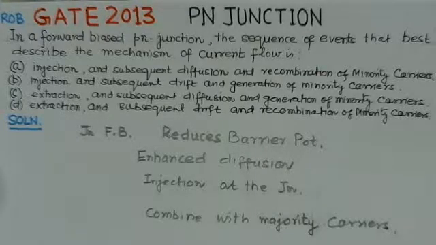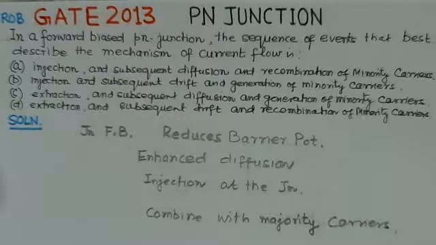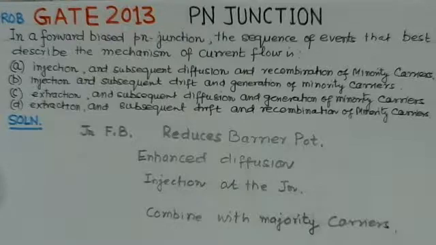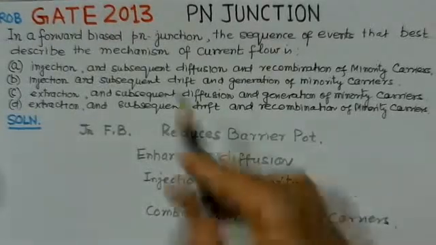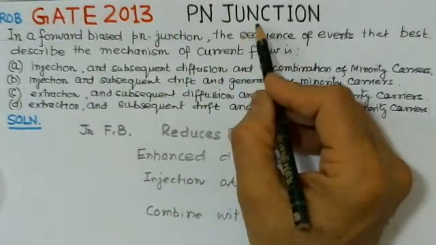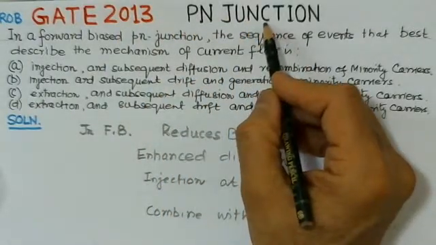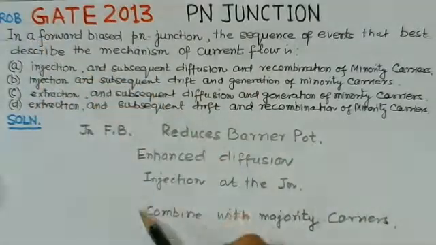Some problems are very simple, where you can just tick them off in a very short duration, and there are many problems which involve detailed mathematical calculations, so that you can save time for those problems. Okay, so now we start with the first problem here. That is a problem of GATE 2013, and it is on the PN junction. I'll state the problem here and give the solution.